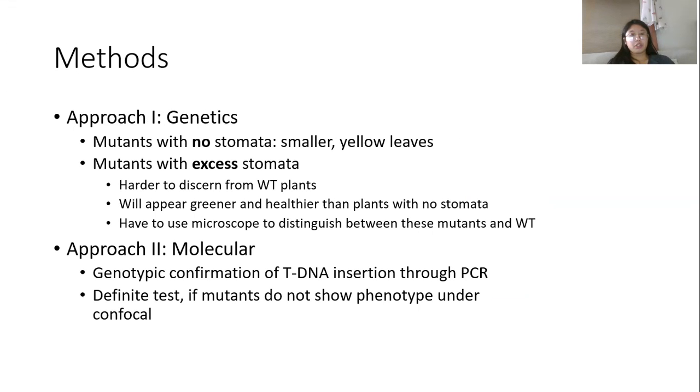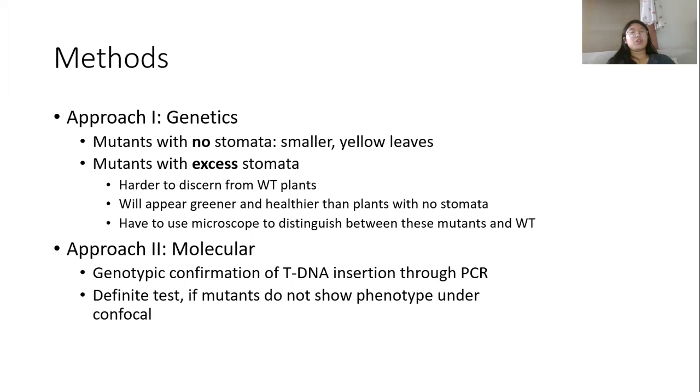To do this, I have two approaches. There's the genetic approach. Mutants with no stomata are characterized with smaller and more yellow leaves. Mutants with excess stomata are harder to discern from wild-type plants, since they will appear greener and healthier than plants with no stomata, and we'll have to use a microscope to distinguish between these mutants as well as the wild